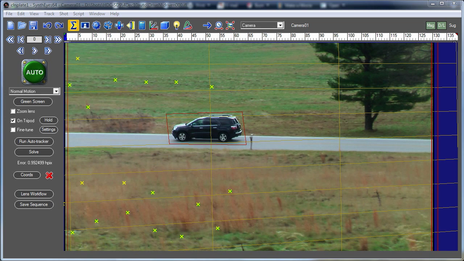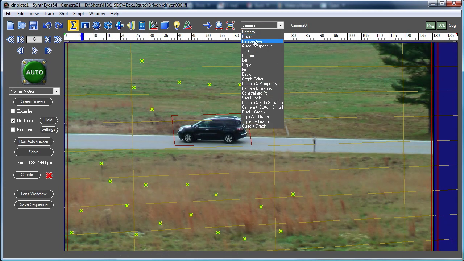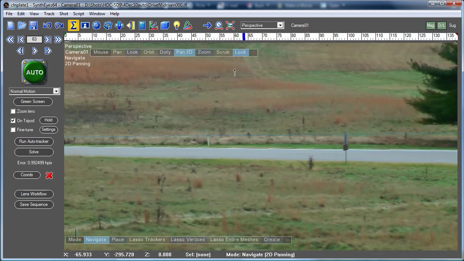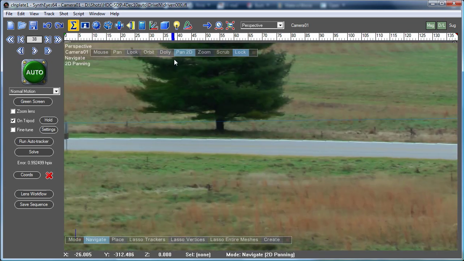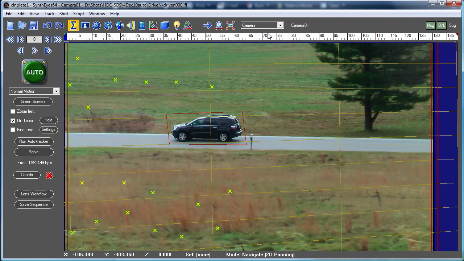In the first portion of this tutorial, I showed how to go from a shot like this of a car driving down a road to a clean plate version of it where the car has been removed. Now in the second portion, we're going to show how to go back and produce the texture for the car as well. So to do that, we're going to start out in the camera view and we're going to do